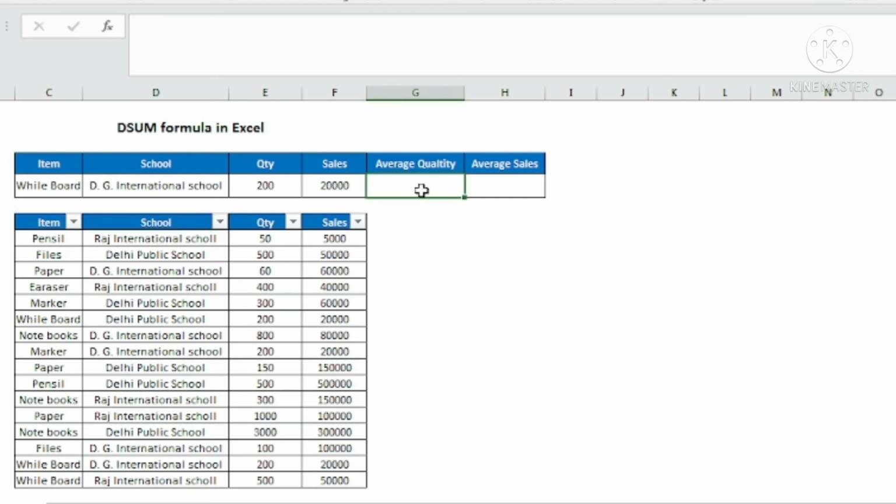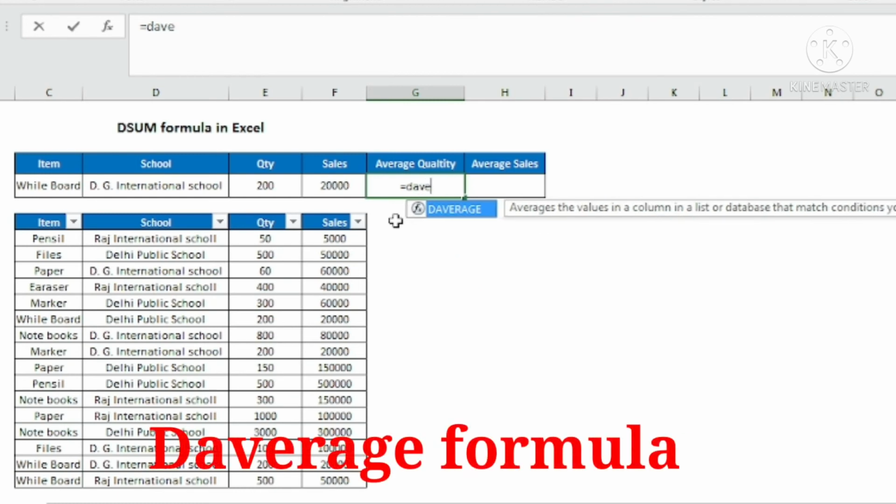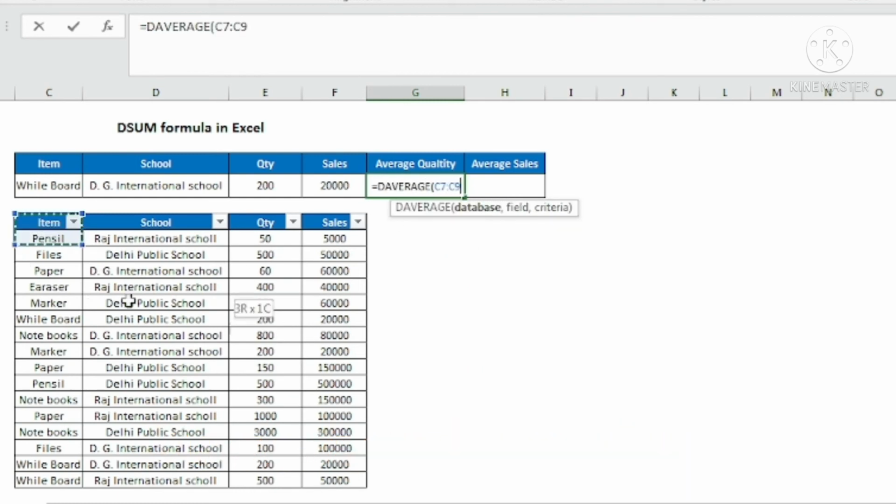Now next, in the next cell I want to find out average quantity and average sales based upon these two criteria. So here I am going to use the DAVERAGE formula. So, equal to DAVERAGE, tab, again the database is this, comma, field. Now average of what do I want? Average of quantity. So I will select this quantity, the header of QTY, and the criteria.